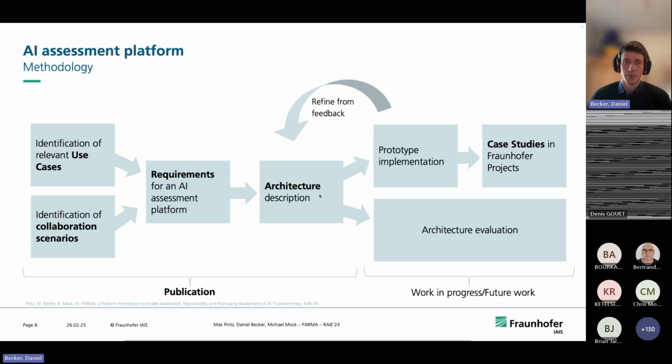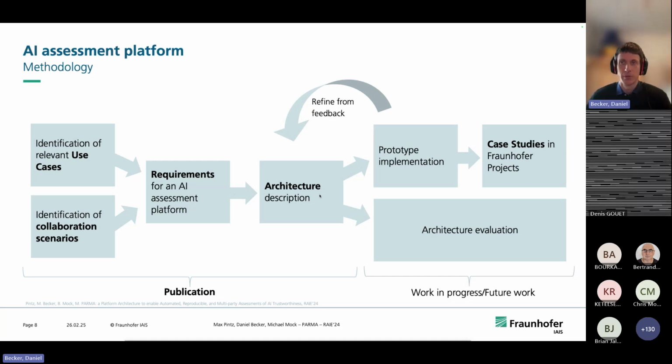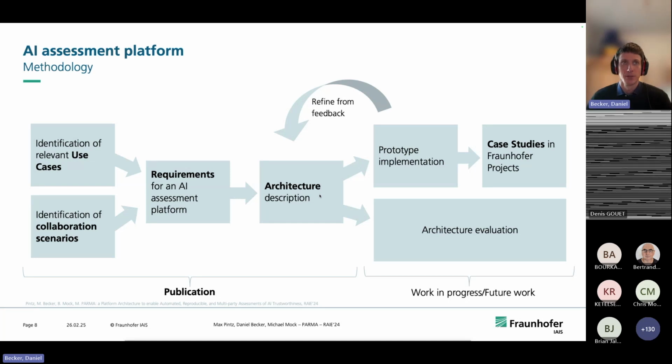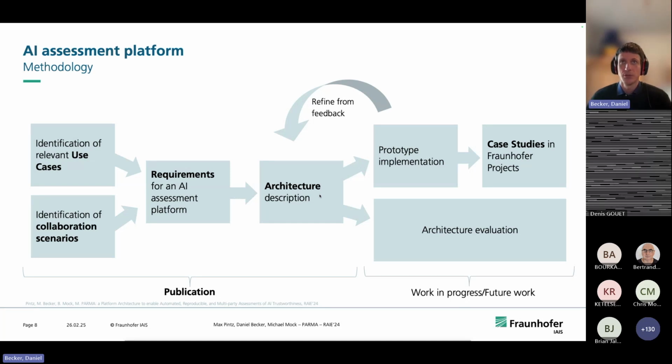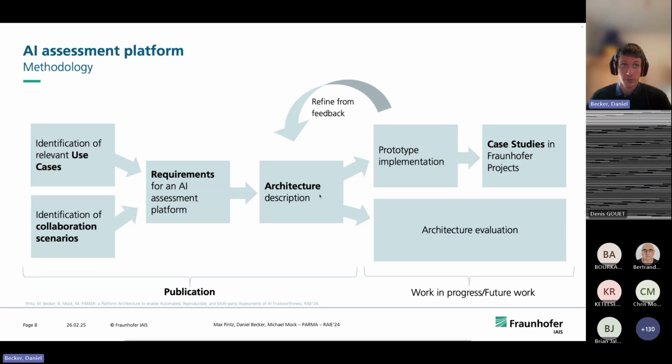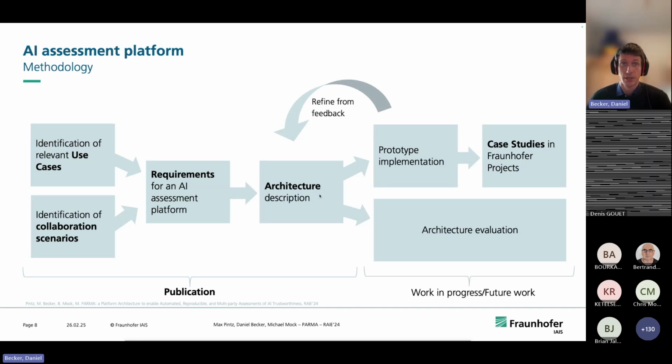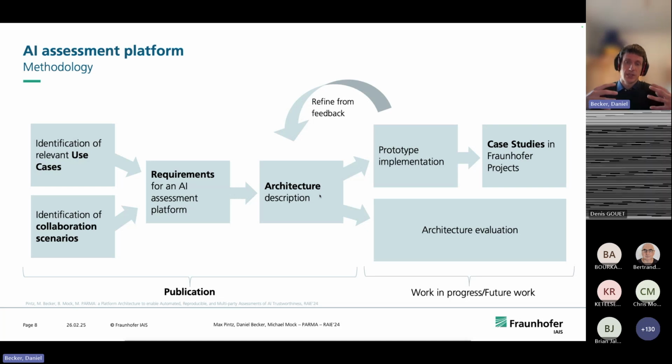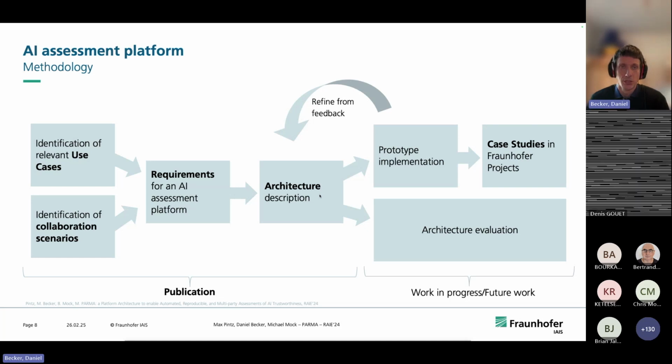But we thought we should look at this problem more systematically, by looking both at what we think are relevant use cases important in the context of AI assessments, and also at important collaboration scenarios with which the architecture that we devise should be compatible. We wrote a publication about this. This is called Parma. That's the architecture I will show you. You see the link at the bottom of this slide, and if you are interested in more of the details, you can just look this up.